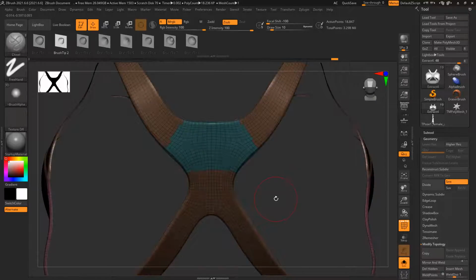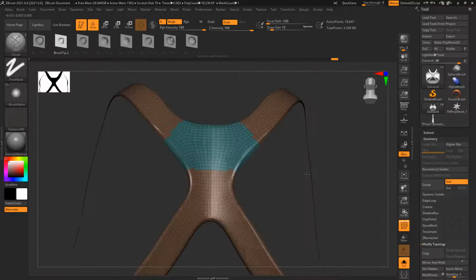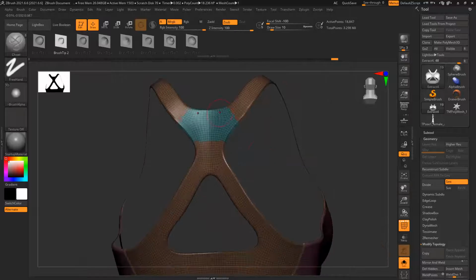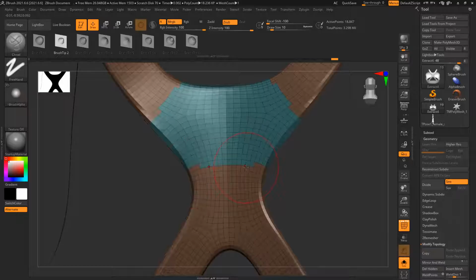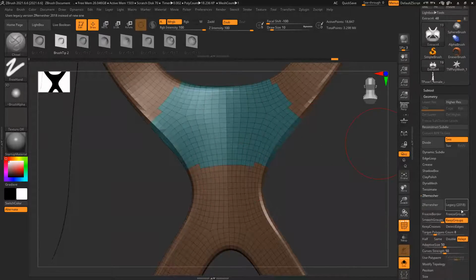Control W to create any new polygroup. Now I need to refine it because the edges and everything are not clean, and I need to extrude this part slightly. So I'll keep it like this and go to ZRemesher, keep groups and remesh it.